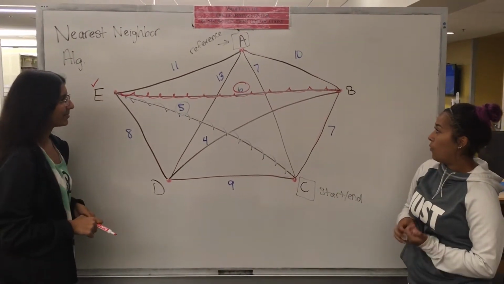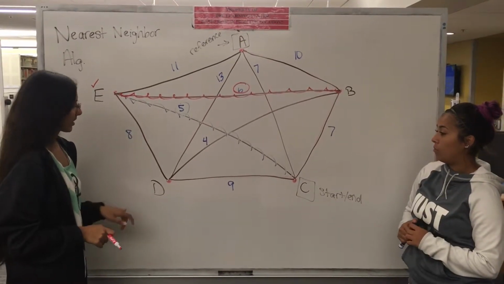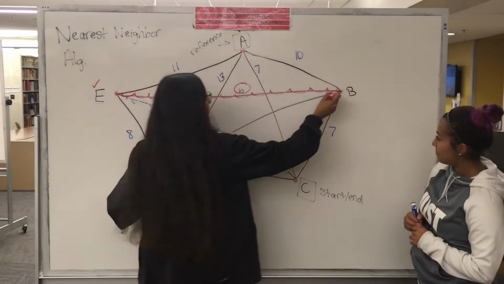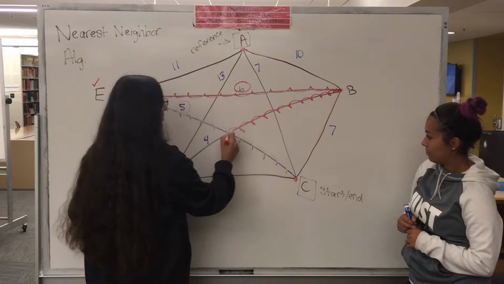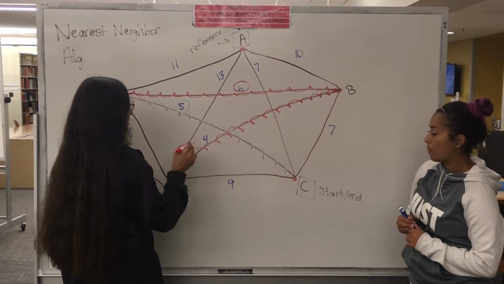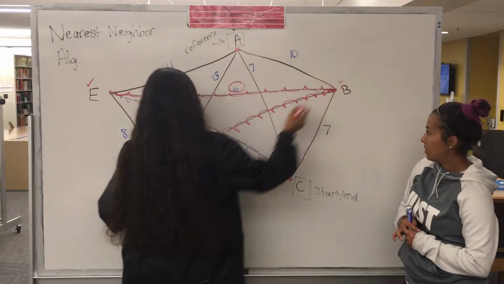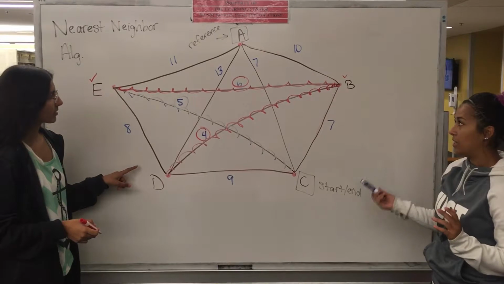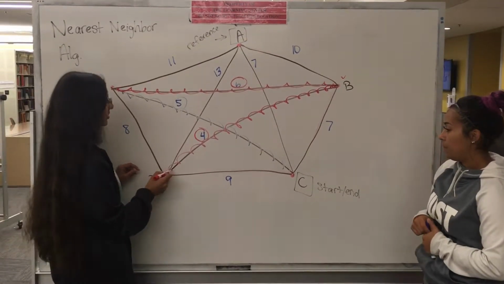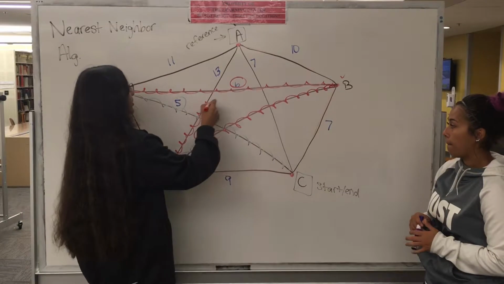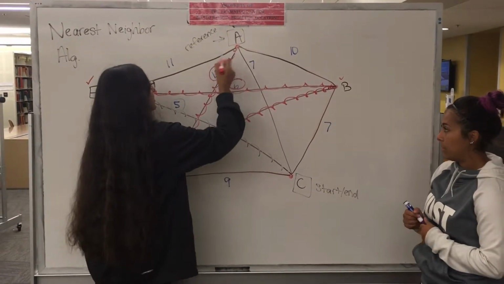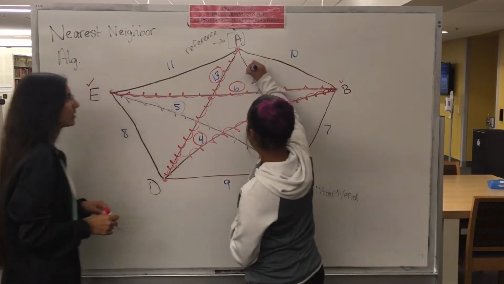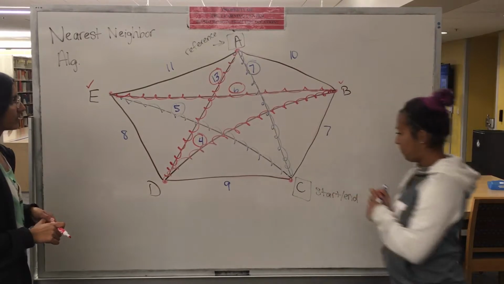So now from B, where would we go? I would say D because that looks to be the cheapest one. Okay, awesome. No, because we can't go back to B, it's already been visited. Exactly. So now the only vertex that we have not touched yet is A. Even though it's 13, which is super expensive, we have to go there no matter what. Yes, because after this, we end at C, and no matter how much the cost is, we need to use this edge.